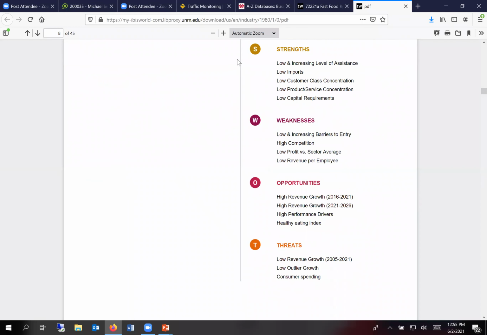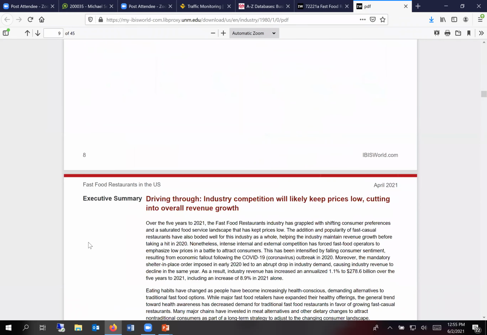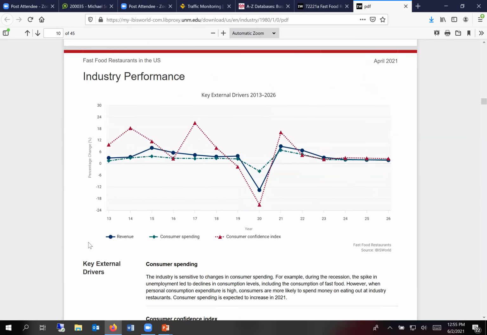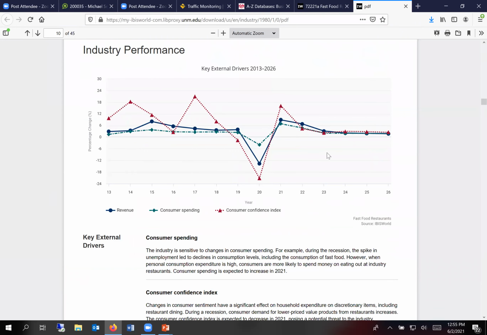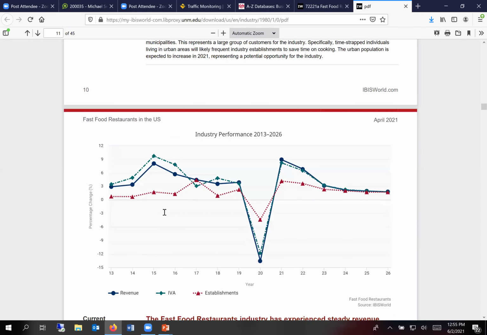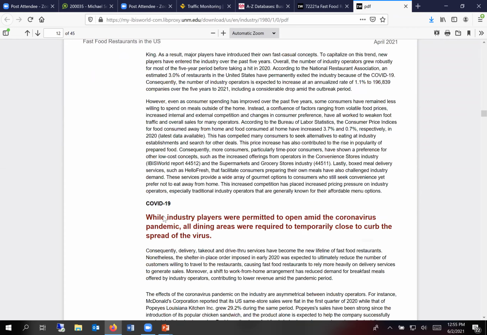Then we have a SWOT analysis: strengths, weaknesses, opportunities, and threats. This tells you industry performance over a certain amount of time. So it looks like the industry is going to go up between 21 and 22 and then stabilize after 2020, during 2023 and forward. We might hear about that V-shaped economy or the V-shaped recovery in the news. There's that V-shaped recovery for this industry. That just means everything tanked in 2020 and is slated to go up and be where it was before. And these are predictions, but educated predictions by economists.